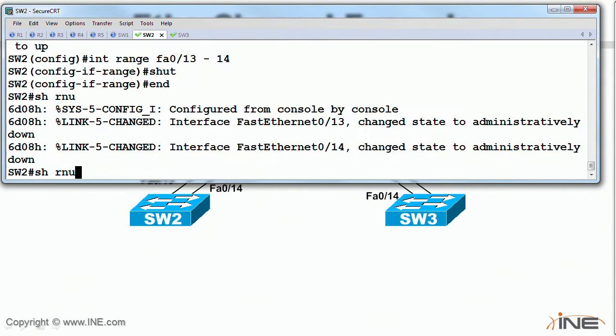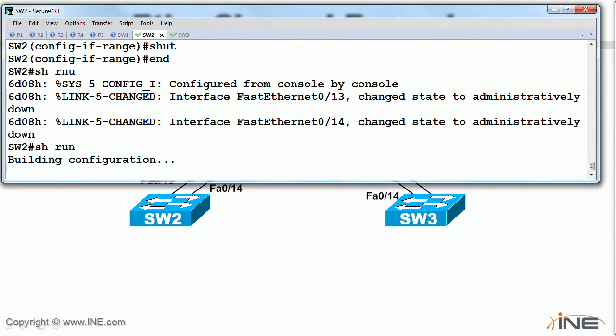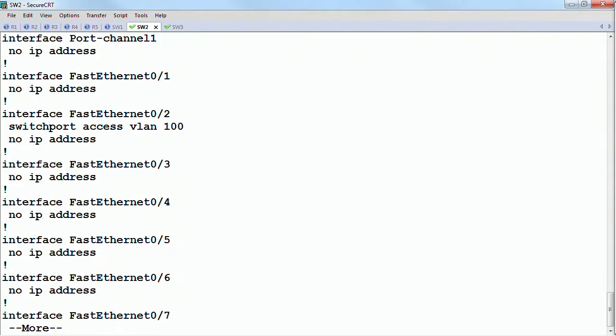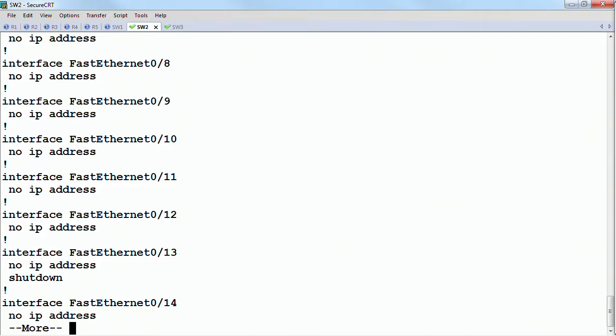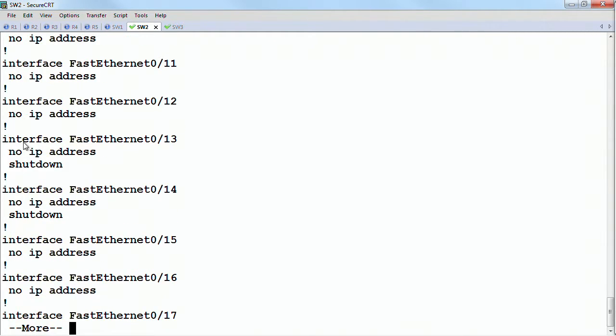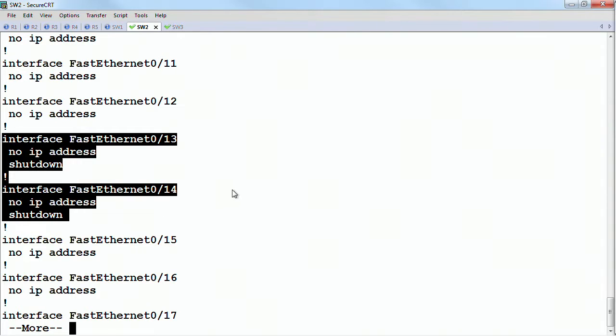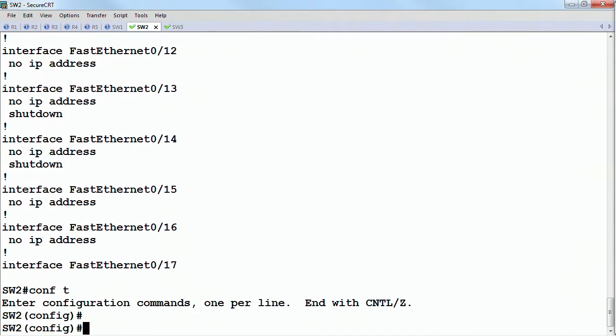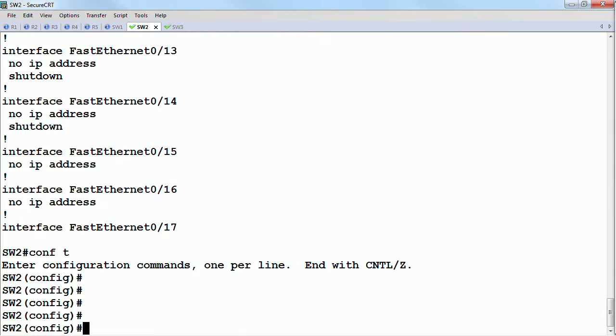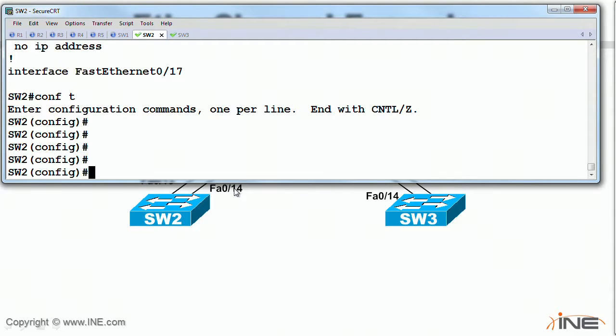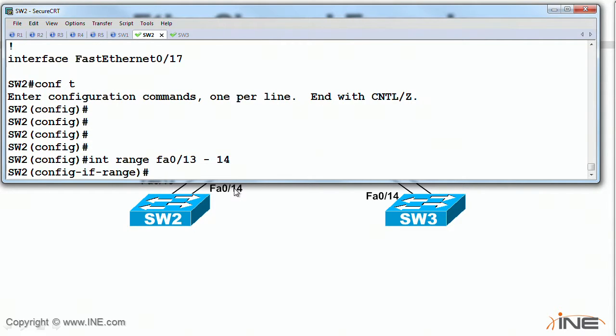And if we look at the show run output, they're identical. They have no config. From here on out, any configuration changes I make, I want to make sure to do it on both of them at the same time. And that's the advantage of using this interface range command, that you type the command once, but it's applying to multiple physical interfaces. So I would say channel-group,